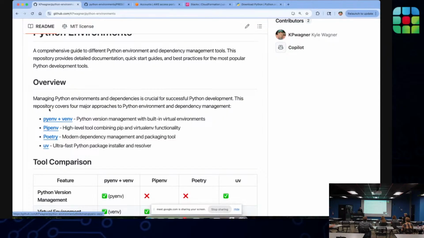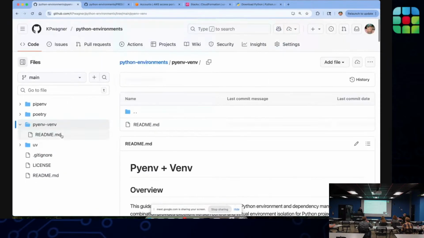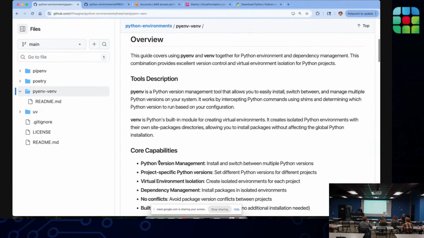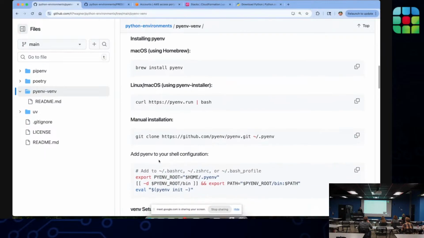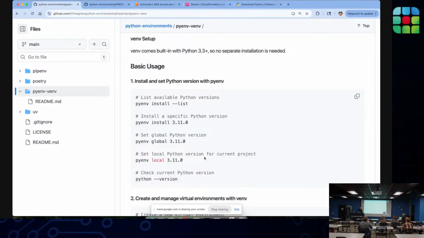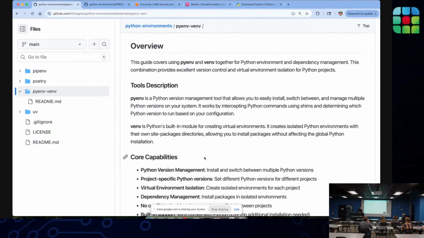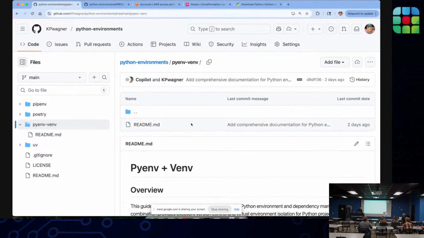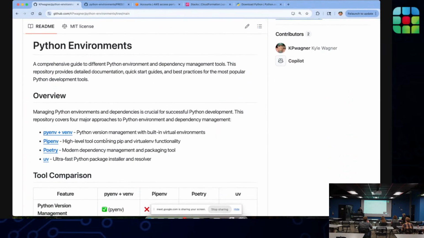There's also a separate README for each of those with a description, some quick starts on how to install and so forth, and then examples of different commands that are important for those tools. I'll be referring to this somewhat over the next 45 minutes or so, but keep this in mind if you want to follow up on any of this and bring it into your own work.